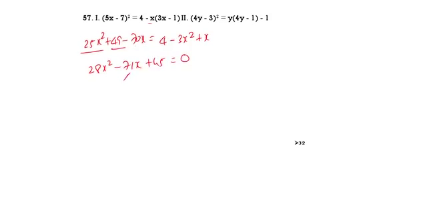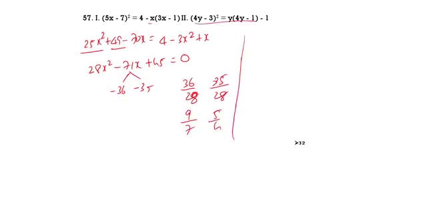You can take minus 36 minus 35. The sum of 36 and 35 is 71, and the product is 45 into 28. Then it is 36 by 28, also 35 by 28. We are going to get 9 by 7, also 5 by 4. Come to y.